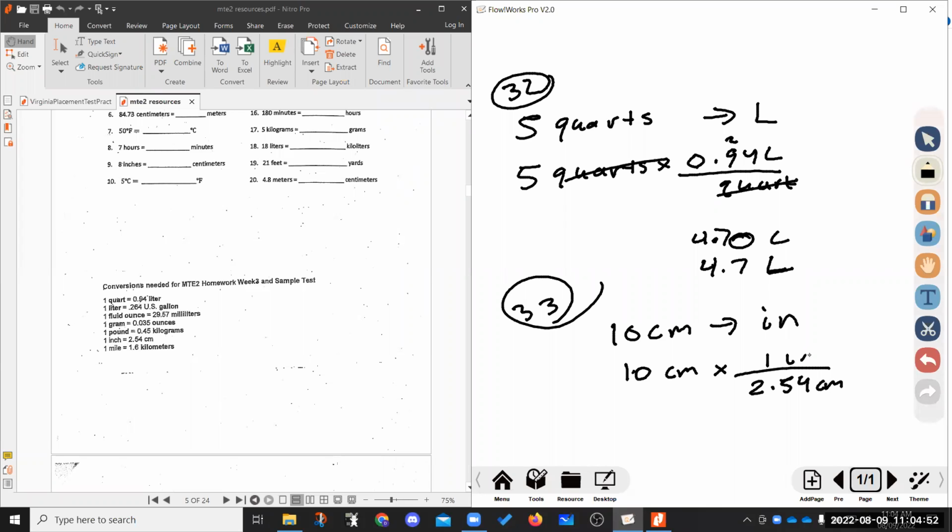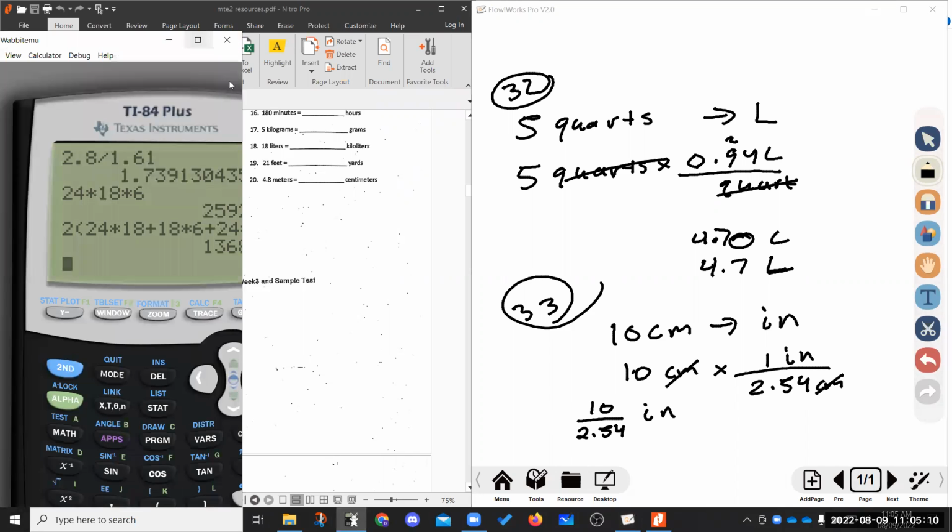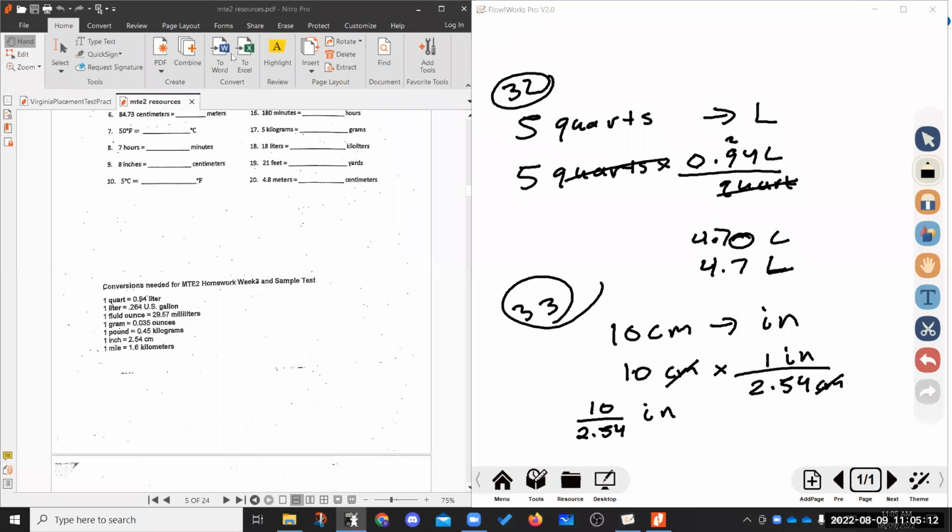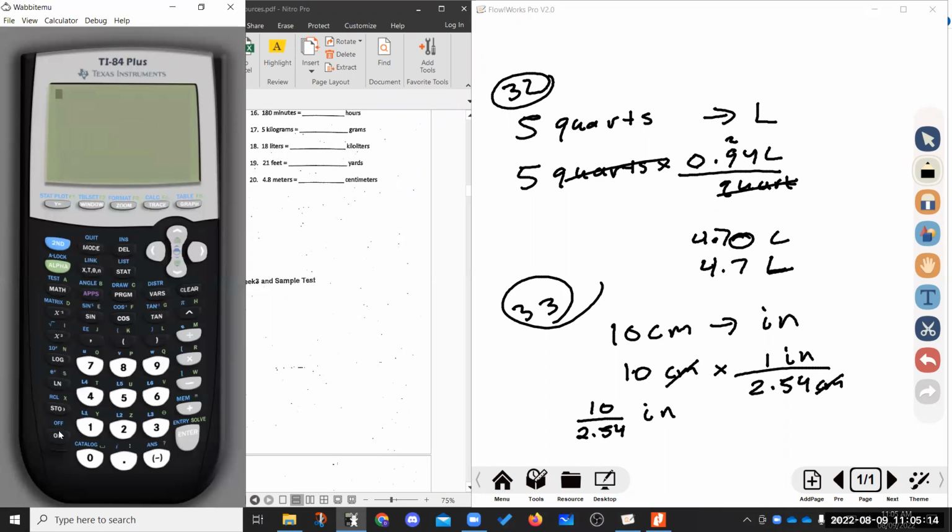Have to line the centimeters across from the centimeters like that. So this is going to be 10 divided by 2.54. That's not something that I want to do in my head. I'm going to pull out my calculator here and show you that this is 10 divided by 2.54. It's going to give us about